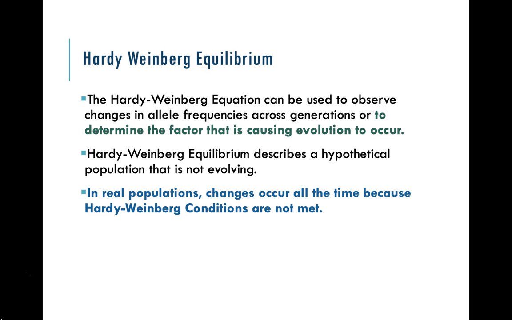So basically, we never have a population that's in Hardy-Weinberg equilibrium, but you can assume that at a specific point in time, when nothing is going on today, that population is in Hardy-Weinberg equilibrium. So it's sort of a cheat, but we actually do use it to determine at one point in time what the allele frequencies and genotype frequencies are, and then at another time what they are. So let's talk about what these